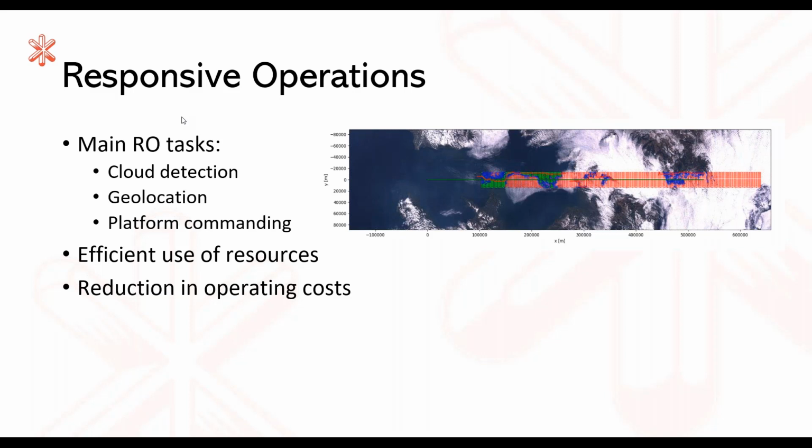You can imagine that if you've got multiple ground stations, you don't want to point at the one that has cloud over it, you want to point at the one that doesn't have any cloud. So this allows for a really efficient use of resources, which on CubeSats are really limited. And also, as you're putting the operator in space, you're reducing the operating costs, because with traditional satellites, an operator has to be on the ground telling the satellite exactly what to do and when to do it.